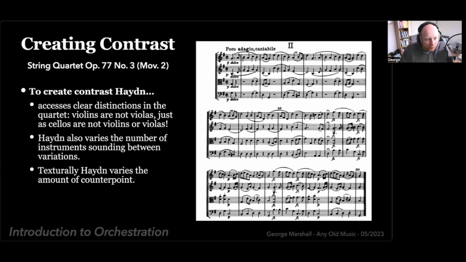He's also careful to alter the texture of the music by sometimes providing more homophonic material in some variations and more contrapuntal textures in others. In increasing the counterpoint, Haydn naturally moves our perception of the melody as a foreground or middle ground idea. So we get a bit of a dance of parts. Sometimes the melody is relegated behind the counter melodies. Sometimes it is level or ahead of them. What's important, however, is that dance creates a feeling of contrast as